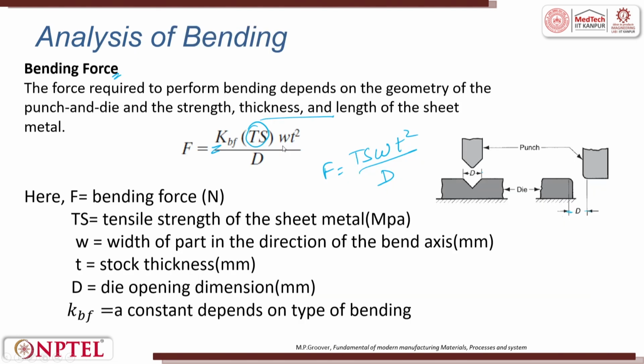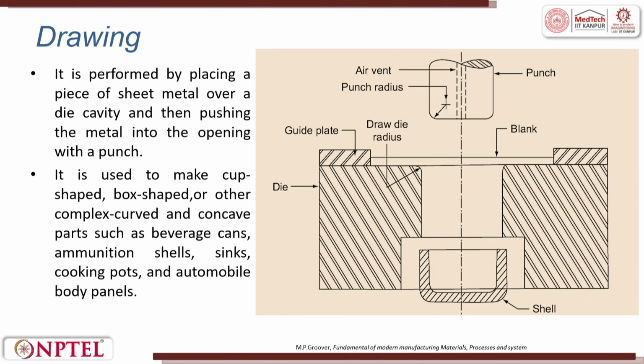Drawing operation. Till now, what we saw was various cutting, shearing, bending operations, right. We also saw a blanking operation, we also saw a punching operation. Now, what we will do is we will get into a process called drawing. In drawing, we always look for high aspect ratio parts, wherein we try to talk about the diameter of the blank.